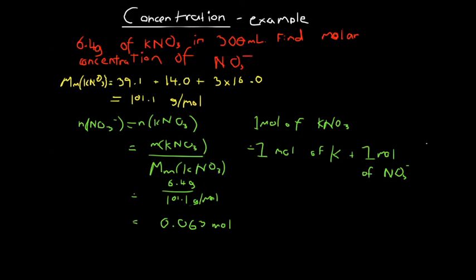Then we've got one more step in order to get the answer. We want to know the molar concentration, the concentration of nitrate. This is our basic formula, a pretty self-explanatory one, easy to work out on the run. We want molar concentration, mole per liter, so we're just going to divide the number of mole by the number of liters. So the mole of nitrate